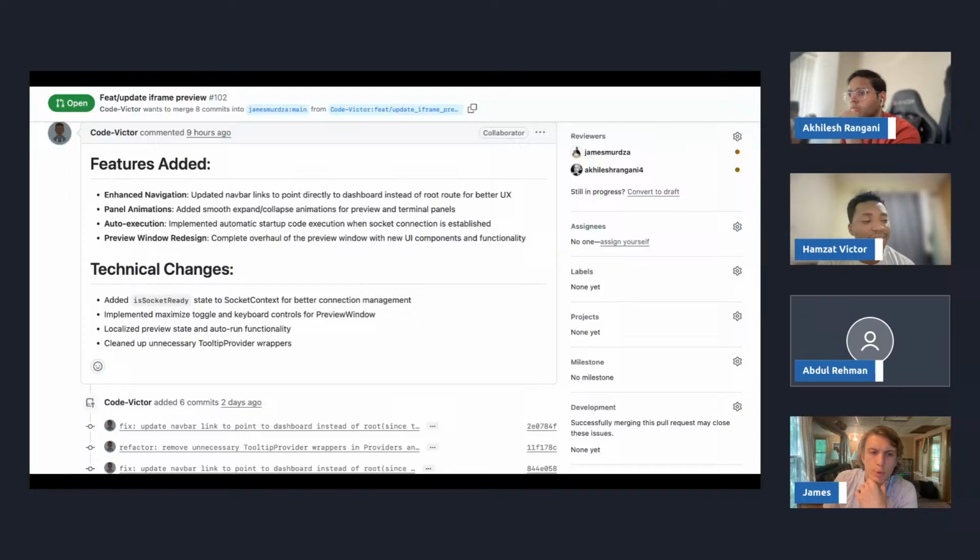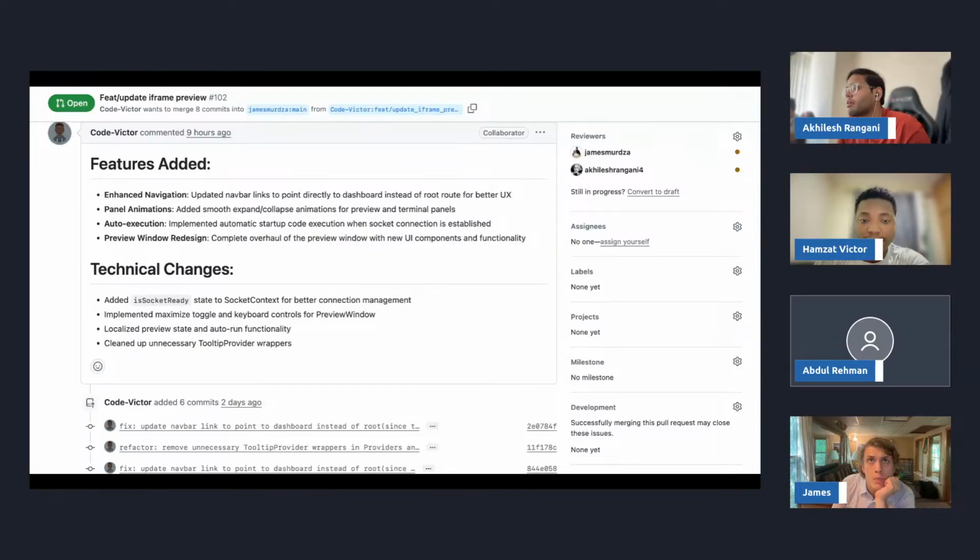What do you guys think? Sorry, say that again, the last part about the run button. Yeah, so it automatically clicks it for you, runs the function behind the scene on mount. So when you get to the page, it automatically runs the run function and shows the preview of the code. Sorry, I didn't get that quite. All right, let me go one more time. You're saying that when you go to the project, it starts the preview automatically? Yeah, exactly. Oh, okay.